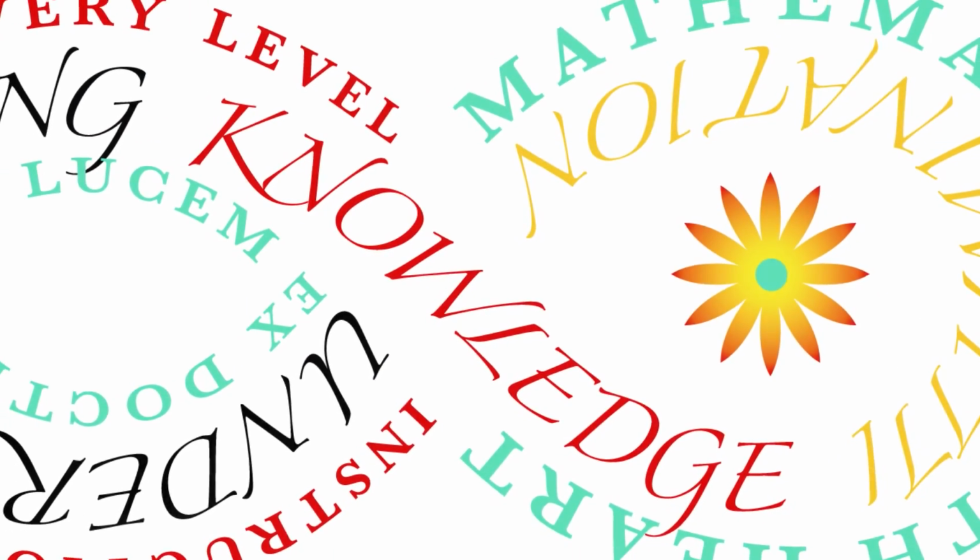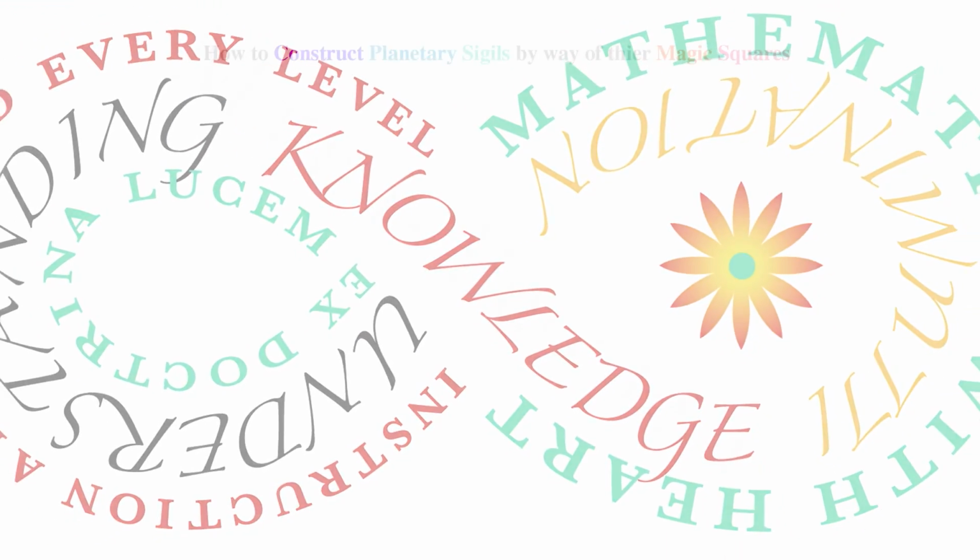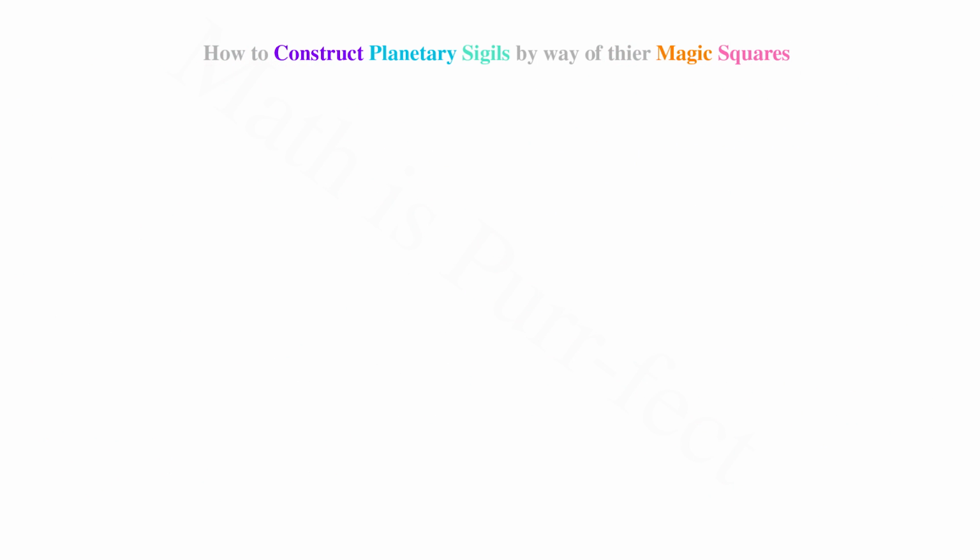Today I'd like to show you how to construct the planetary sigils by way of their magic squares. In my Planetary Magic Square series, I focused more on how to construct the squares, whereas in this video the focus will be on the sigils themselves. As is customary, I will proceed in the order established by Western tradition, that is, Saturn, Jupiter, Mars, Sun, Venus,